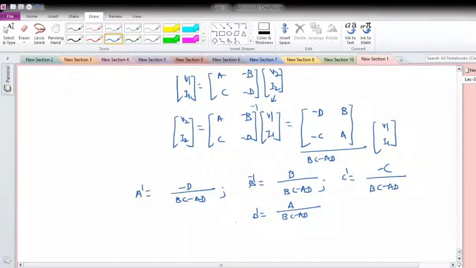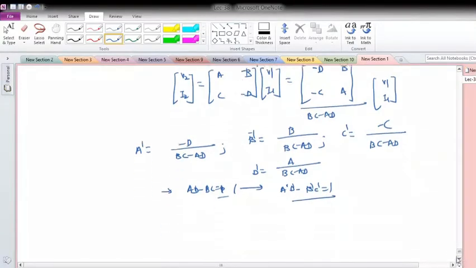Once you know the inverse T parameters, you can compute the T parameters. And the condition for reciprocity is also the same. There it was for ABCD, AD minus BC equal to, which was 0, and now for this case A dash D dash minus B dash C dash will be equal to, not 0, sorry, it is 1. So this is the way to compute the inverse T parameters.